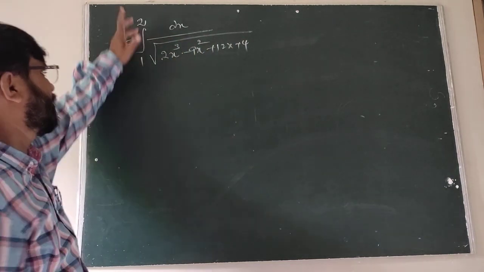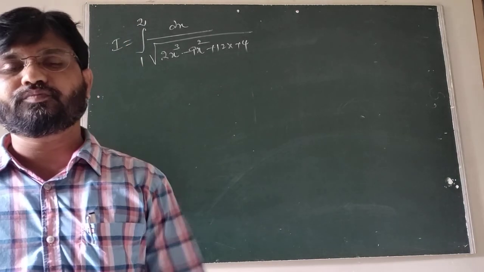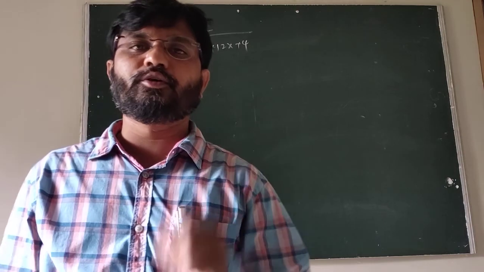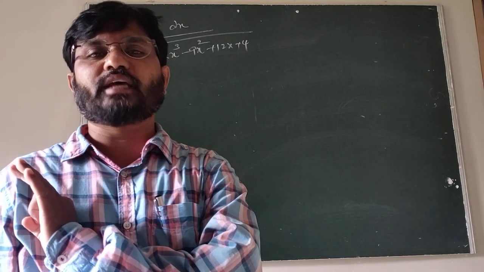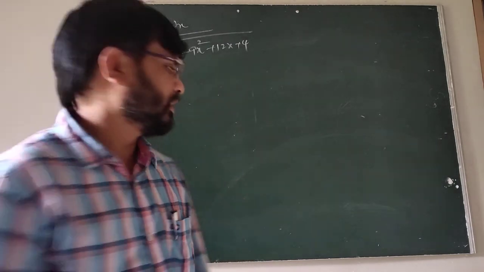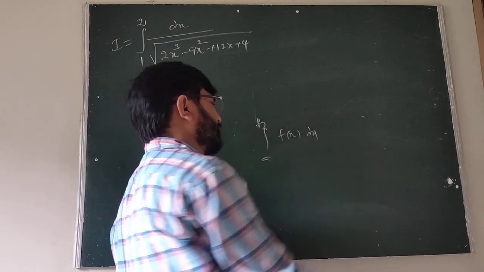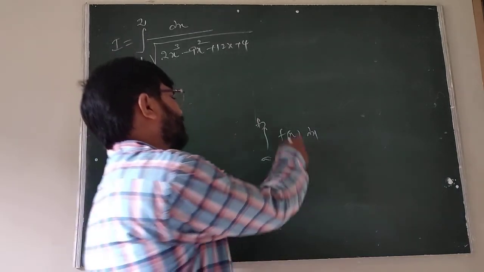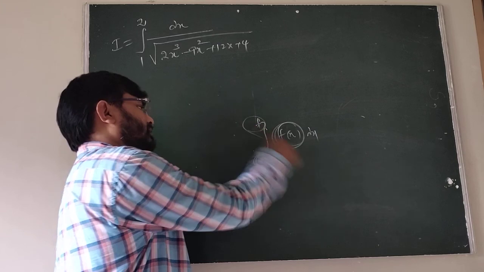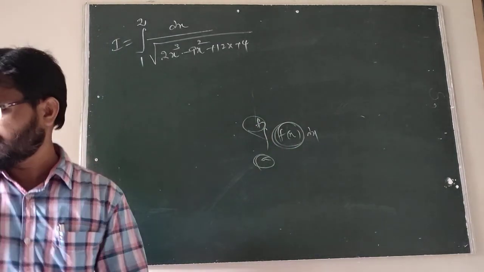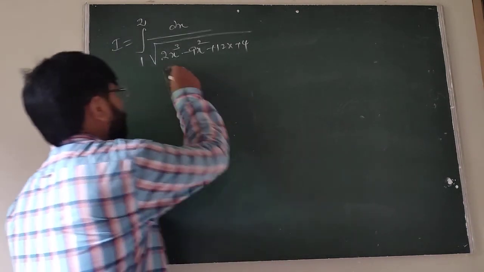When the integral has limits given, as I explained in the first class, it is a numerical value only. Is it clear or not? So the definite integral always has a numerical value. The integral from a to b of f of x dx is the area bounded by the curve, the lines x equal to a and x equal to b, and the x-axis. That means it has a numerical value.